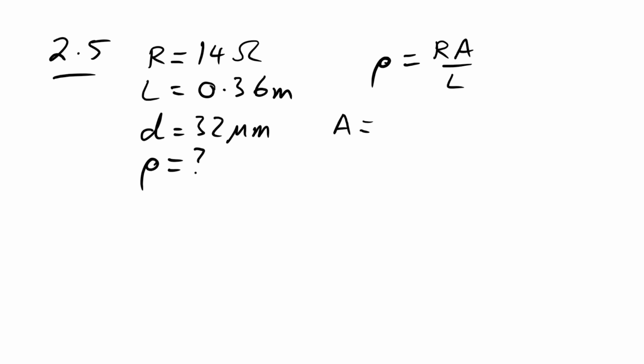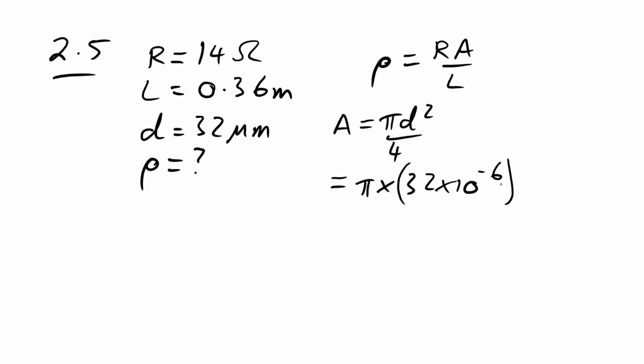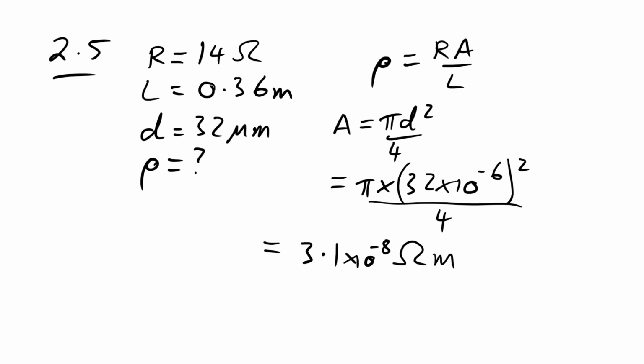Best to do this one step at a time because this is worth a mark even if you get the answer for resistivity wrong in the end. So that's pi d squared over 4 if you have the diameter. Don't forget to actually write down what you're putting into your calculator, because people miss out on marks when they put something into their calculator wrong. So they don't get any marks, but if they actually write down the calculation with numbers, then you can get a mark. And we're going to go to 2 sig figs. That gives us 3.1 times 10 to the minus 8. And the unit, as per usual, is ohm meters, not ohms per meter.